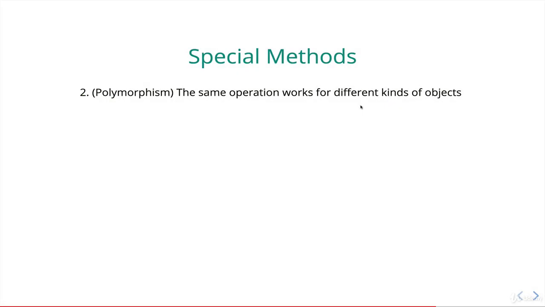The second type of polymorphism is having the same operation work with different types of objects. We've been working with this since the very first section of this course, adding two numbers together. We have an int and an int, and we get 10. If we had a string and a string and there's a plus sign, it works totally different, right? We get 82, concatenation. If I had an int and a float, we also get a different result than just two ints. So one operator behaves differently depending on the objects that it's working with.